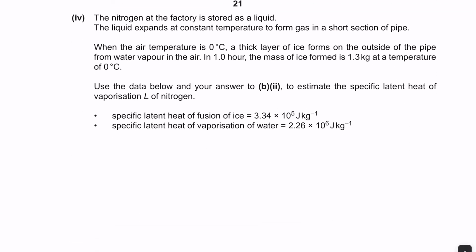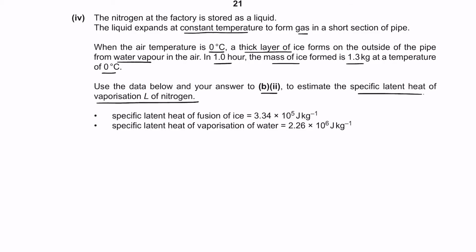Okay, for part number 4, we are given that nitrogen at the factory is stored as liquid. The liquid expands at constant temperature to form gas in a short section of a pipe. When the air temperature is 0 degrees, a thick layer of ice is formed on the outside of the pipe from the water vapor. Okay, that's important. And in 1 hour, the mass of ice formed is 1.3 kilos at a temperature of 0 degrees Celsius. We need to use the data below and your answer to part B, II, to estimate the specific latent heat